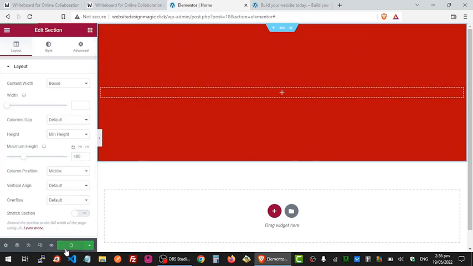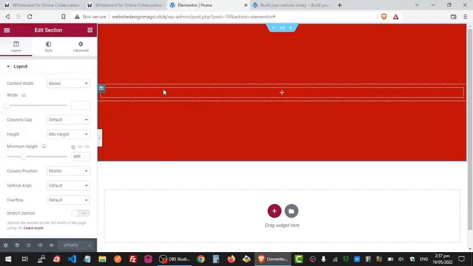Now if you publish this and you refresh your website, you will notice automatically that there is content on the website. And because you are using a minimum height, although there is really nothing but a section, you will see that section will show on your website. And then you can now come here. Now that we have given our section a background, we can now come and click this